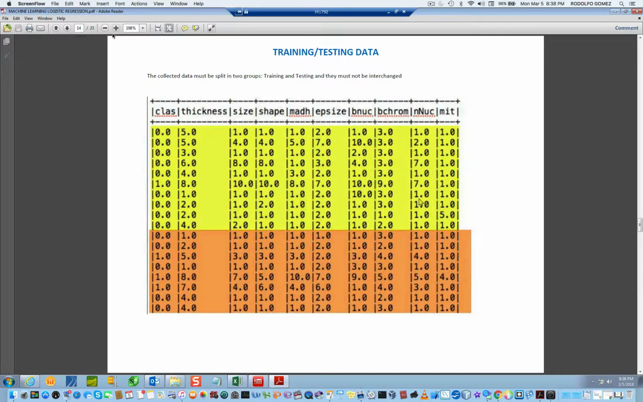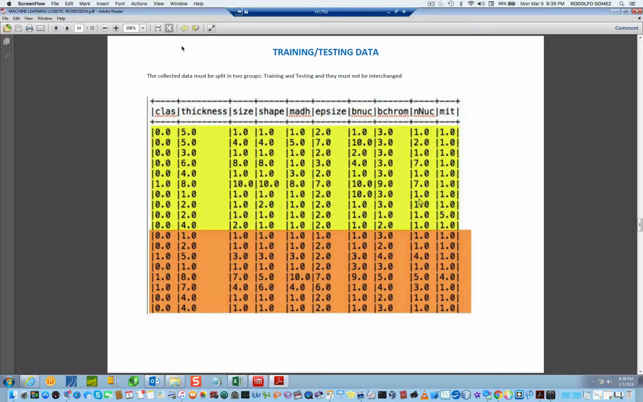Well, let's now talk about training and testing data. It's very important to split the data in these two groups, one for training and the other for testing. They mustn't be interchanged. This split in the two groups can be done as you want. You can decide to, for example, say the first n rows or records of the data are going to be for training and the remaining for testing, or it can be done randomly with different percentages for training and testing, as